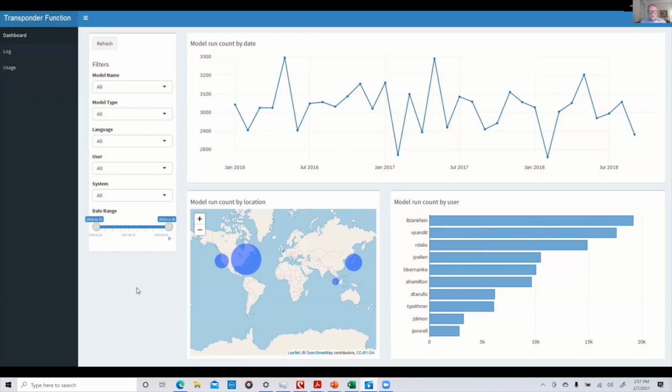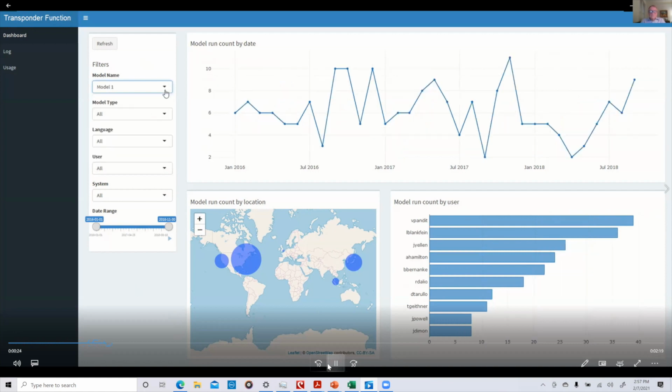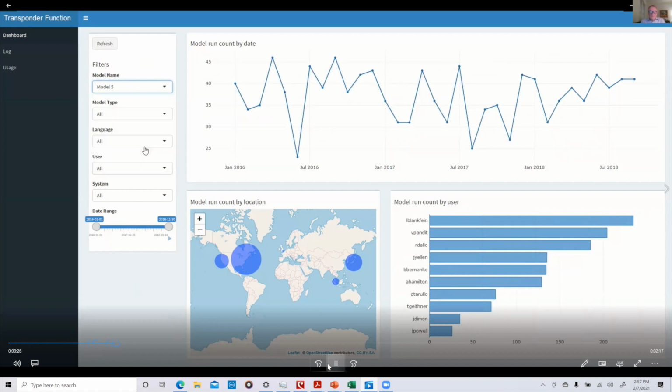So this is the voice of David Leonard. As a model risk manager, you know the number of your models is increasing, but so are the number of questions from your auditors. That's why we, in collaboration with John Hill, created the Transponder tool, a simple yet powerful software system designed to make your life easier. The Transponder tool is comprised of 2 main components: a dashboard that lets you easily see all of your model run history and metadata, as well as an easily embeddable function that powers the entire system.